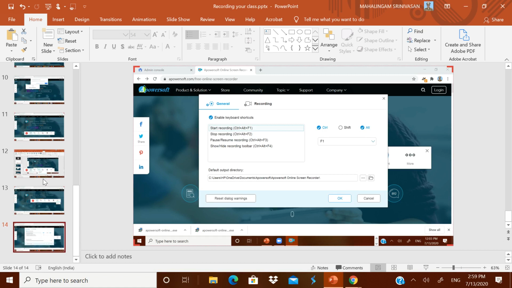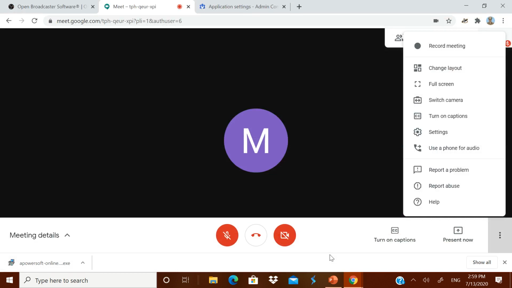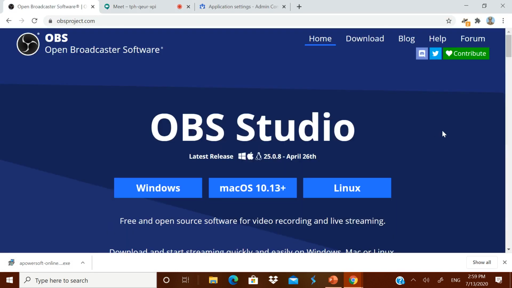Now let me go for an offline one. For that, there is one software called OBS, Open Broadcaster Software. Let me list out the advantages. Advantage number 1, this is a totally free open software. Number 2, it is an offline software.